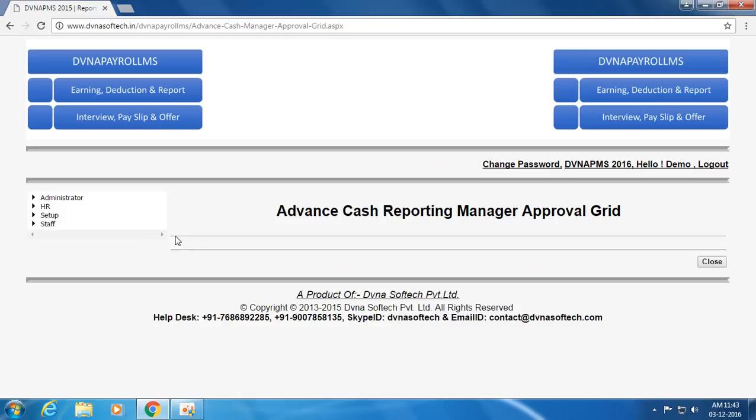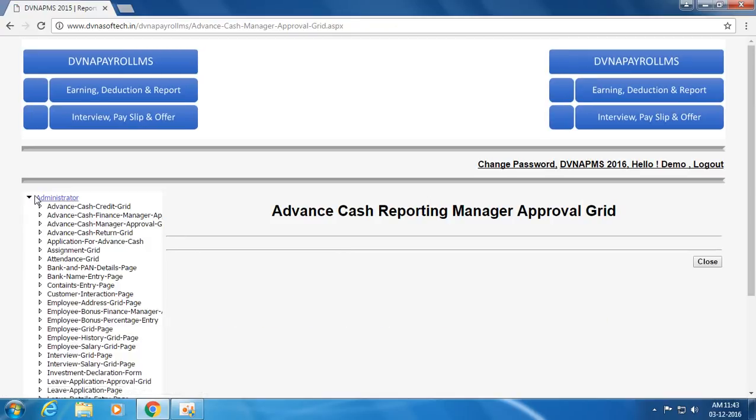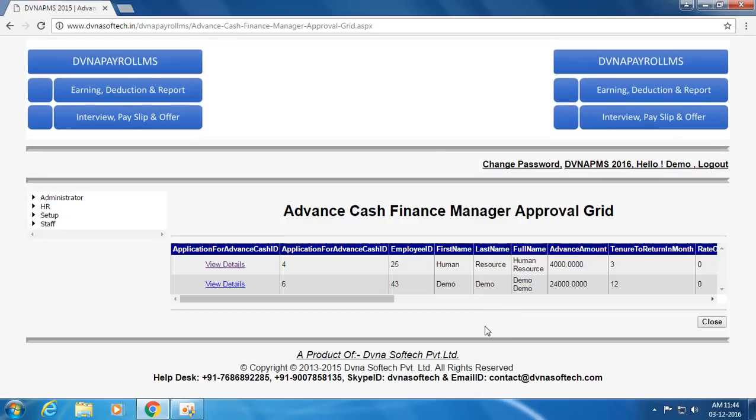After reporting manager approval, this request goes to the company's finance manager. Suppose you have applied for advance cash. The finance manager will check the availability of cash in the company and your eligibility criteria, and on this basis he will approve your request.